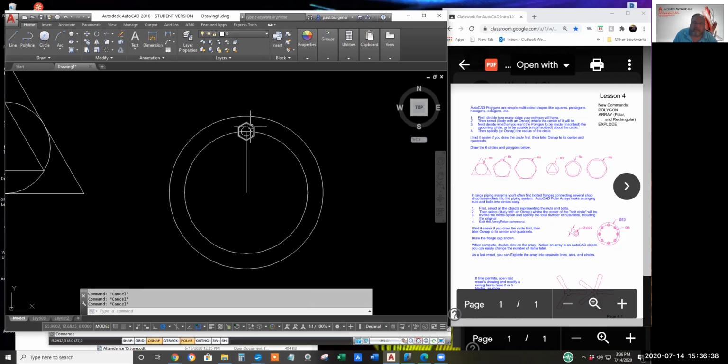Now we're ready to replicate this nut and bolt. How many are there? 8. Yeah, 4 and 4 is 8. We want 8 total replications of these 2 circles and hexagon around this bolt center circle. That's kind of the default way of making a polar array.